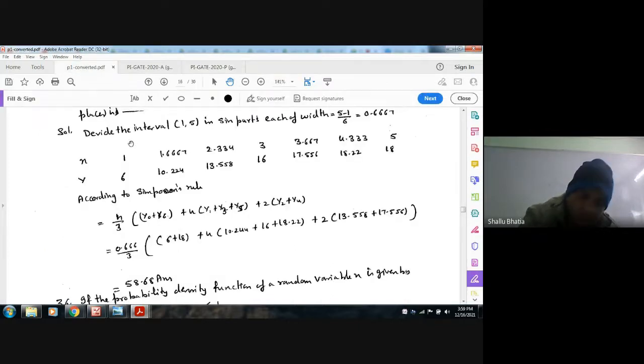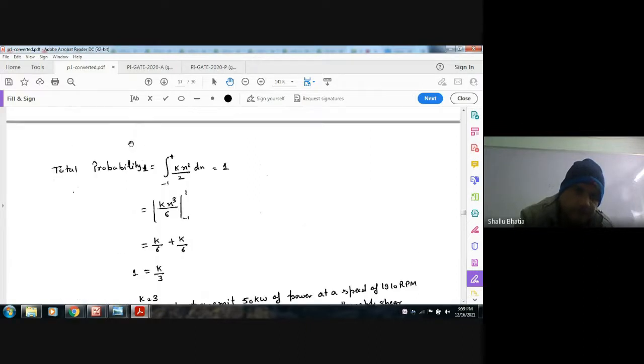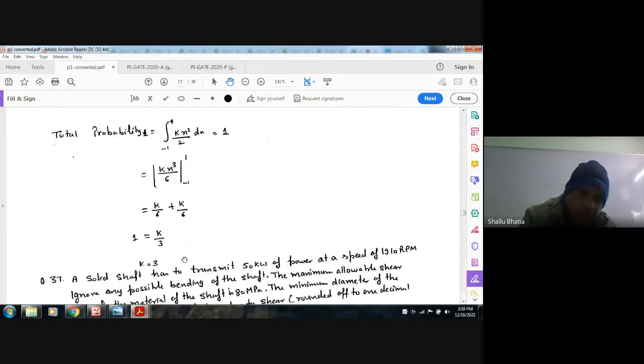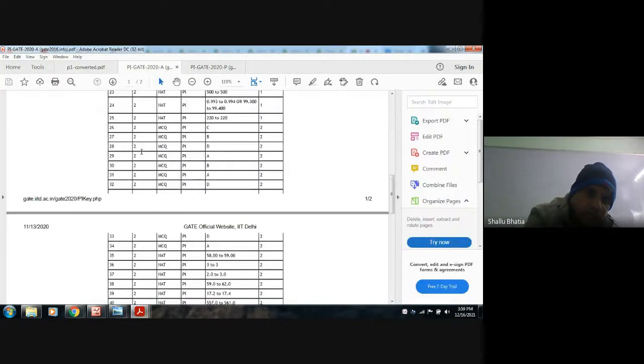So the total probability will be the integration of this, that is x is equal to minus 1 to 1. So the total probability of any system cannot be more than 1. So putting this value, we get k is equal to 3. So answer is 3. Number 36, answer is 3. Okay, next,